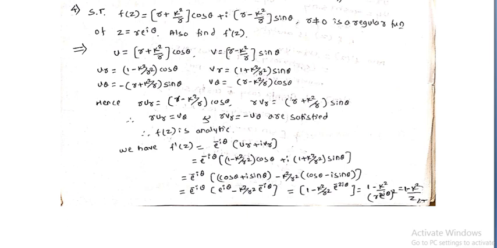1 minus k square by r square e to the power i theta, if you multiply this whole bracket by e to the power minus i theta, so e to the power minus i theta plus i theta is 1, and e to the power minus i theta times minus i theta gives e to the power minus 2i theta. So 1 minus k square by r, shift this e to the power i theta into the denominator and take the power as common, and r e to the power i theta denotes z, so 1 minus k square divided by z here.